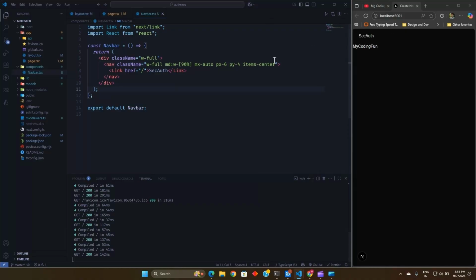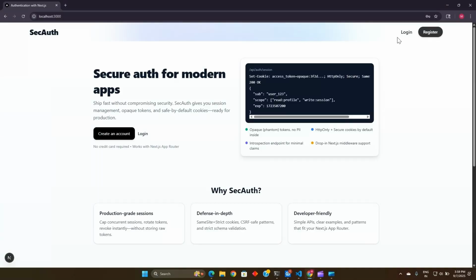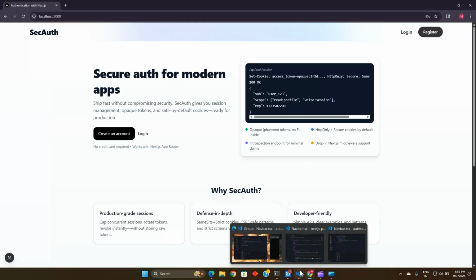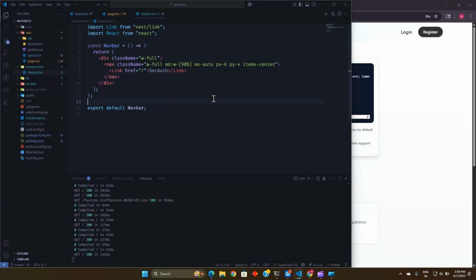So for now let it be here only. After this link we will add, let's go to our website. Here you can see we have two more buttons. So let's create it. Let's go to our VS Code, and